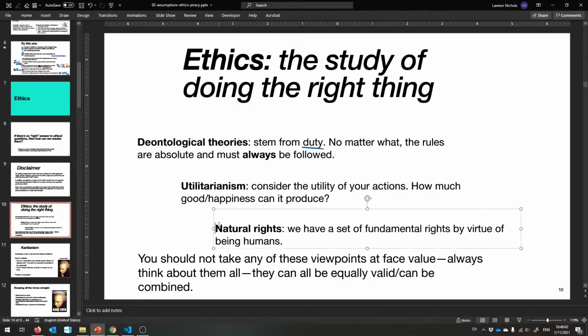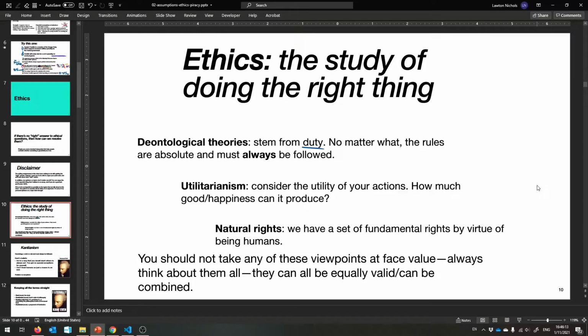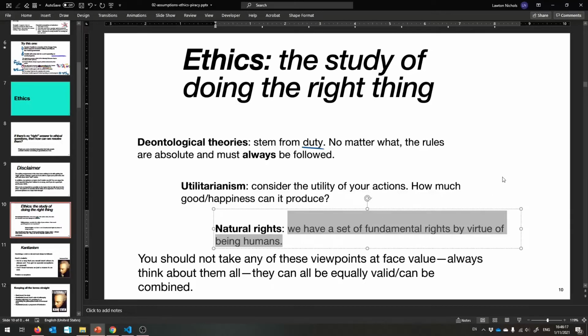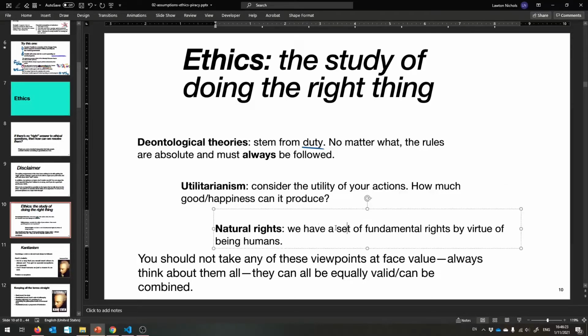And then finally, something that you definitely learned about in history classes, but we won't get into really in this class, is your natural rights. There's a lot of people that believed in this kind of stuff, like maybe Locke and Hobbes, if you remember them, where the idea there is we have a bunch of fundamental rights, like God-given or just by virtue of being born, being humans, we have these rights and they cannot be taken away.